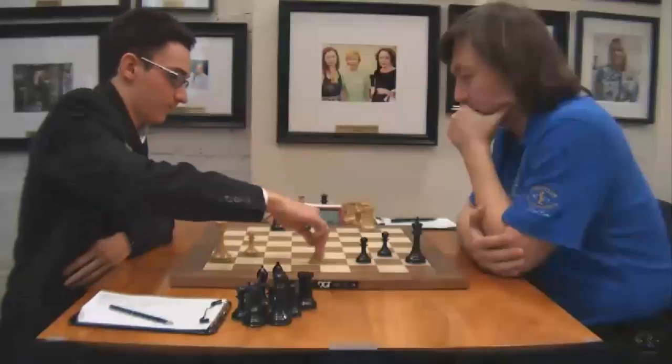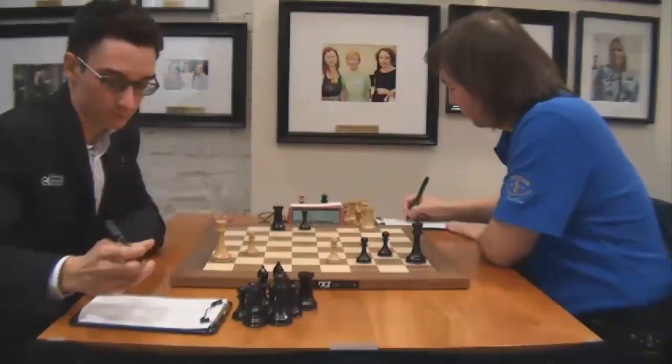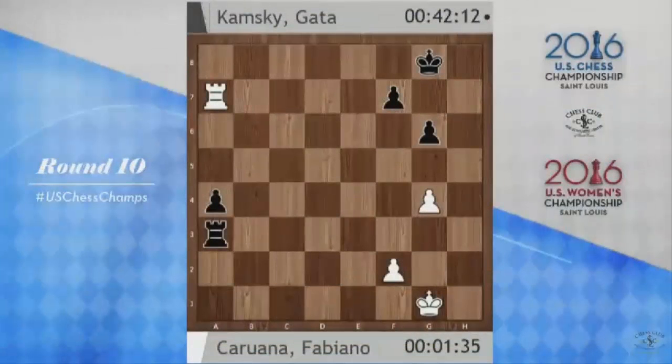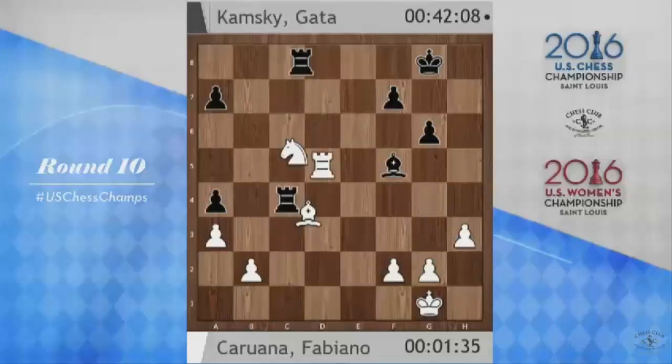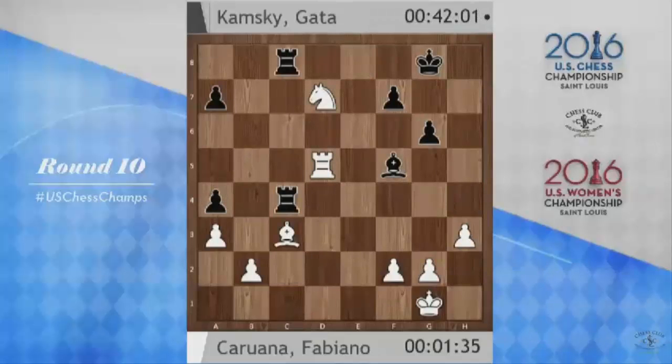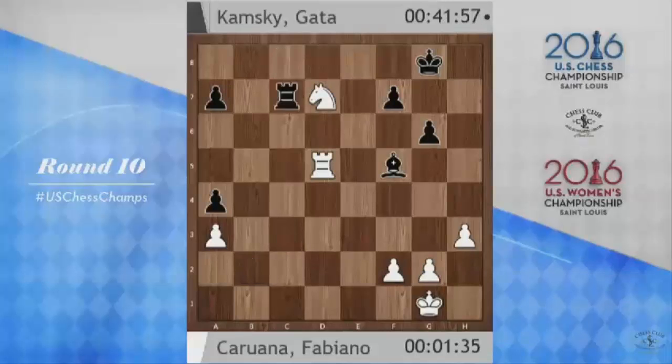Fabiano, what is your opinion of the position he's in? He's definitely worse, but is he losing? Well, what's the current position? Oh, look at this! It's transferred down to an ending. No, but this is going to be a draw. Looks dead drawn suddenly. No, I don't understand. What did Gata do? After knight d7, what was Gata's move? So the bishop is right here. He must have taken it. No, he took on c3, which I thought was correct. Takes, and he played g4 and...